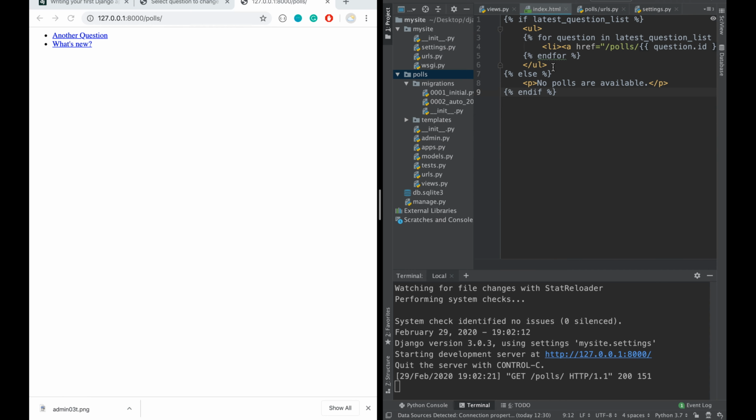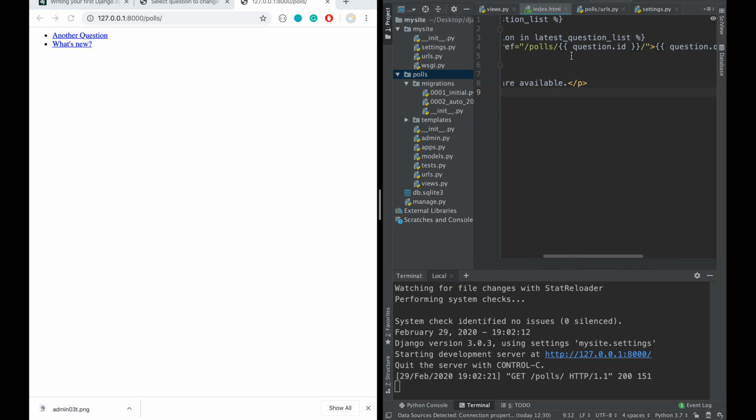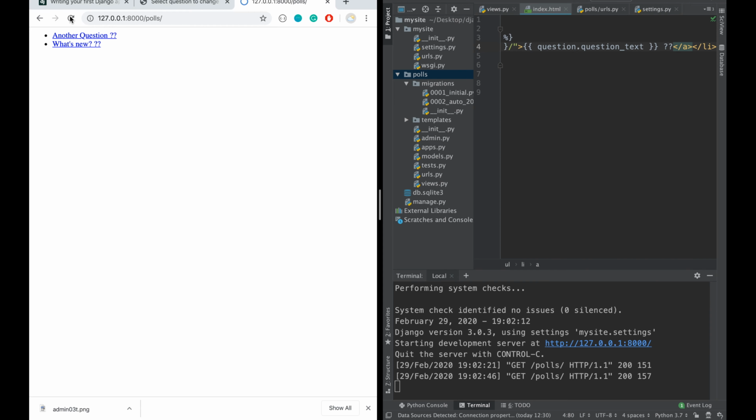So whatever changes we make in this index template will be shown here. If we do, for example, in case we want to simply add two question marks here, it will show here. So we will leave it as it is,